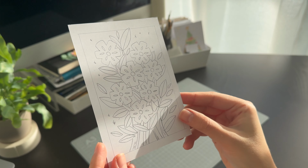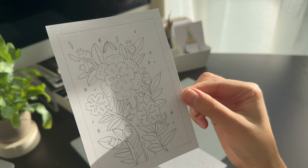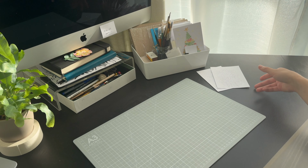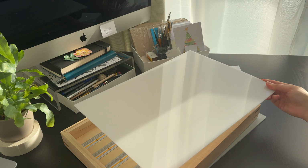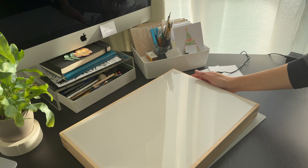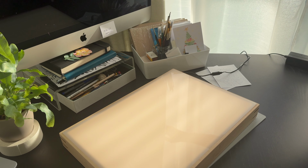Have you ever tried making collage artwork? I haven't, but I've always wanted to. Today I'm finally going to give it a try. In this video, I'll walk you through my art process and share what worked well and what I would do